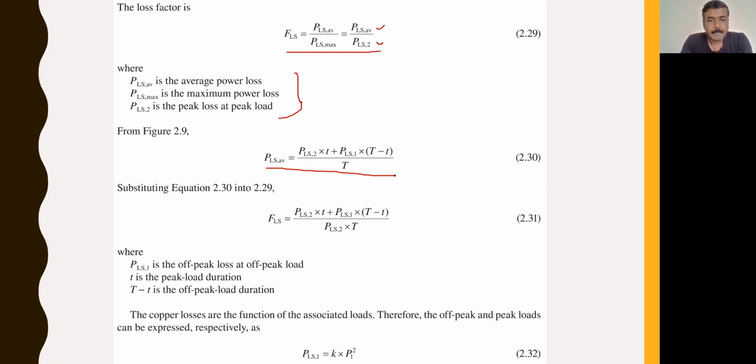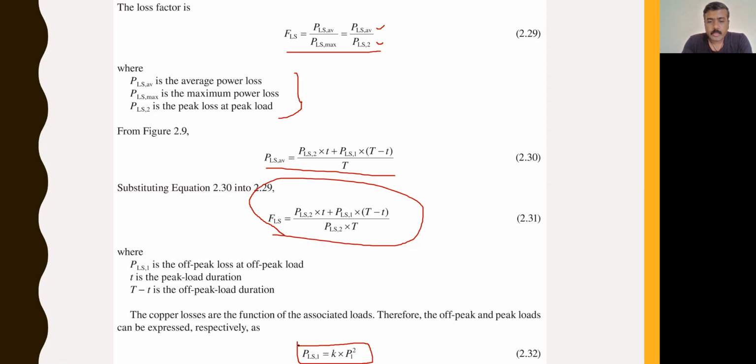By substituting these terms, and substituting the load factor in this expression for loss factor, it can be obtained like this. By simplifying this, off-peak and peak losses can be expressed as